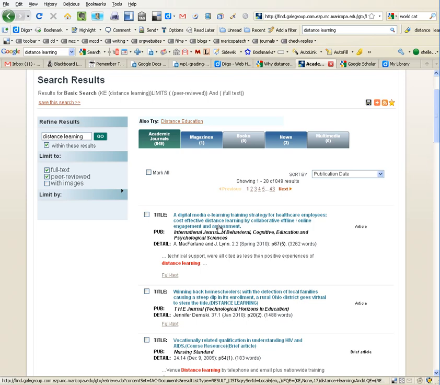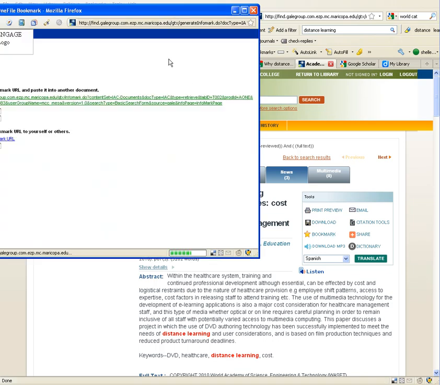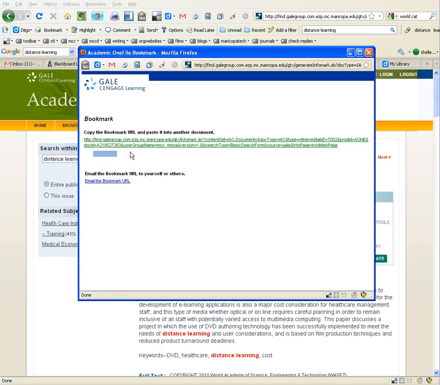So say this first article here is really useful to me for my project. Okay, now Diigo's not going to work within this space. What you need to do, see this little link over here on the right called bookmark? It's a permanent URL. See, we got a really long, ugly one. This is what you have to give Diigo. So I'm going to copy this,